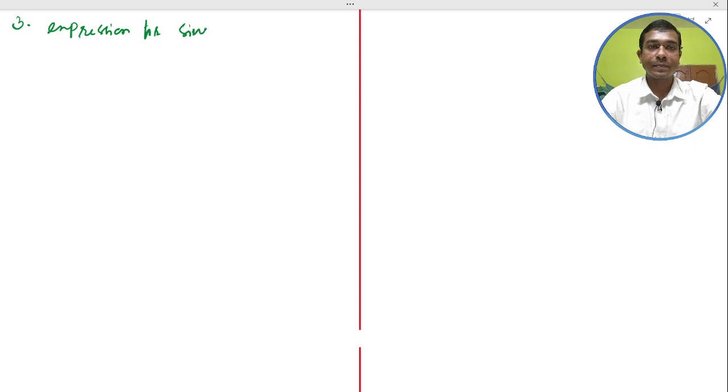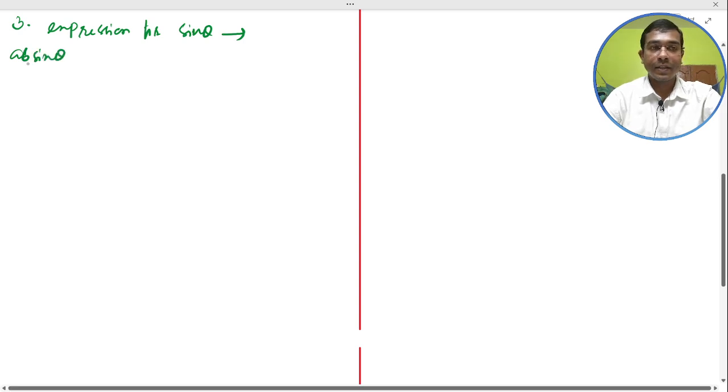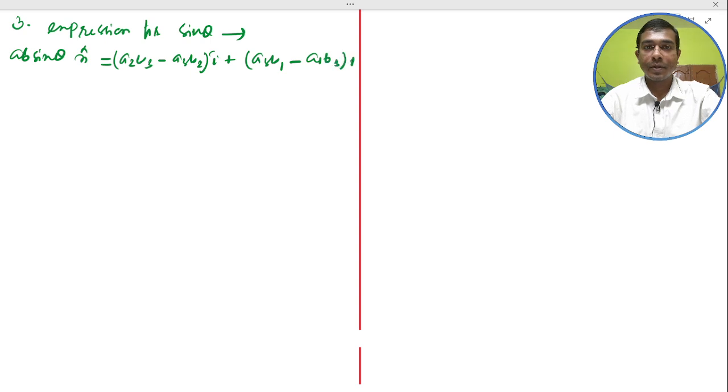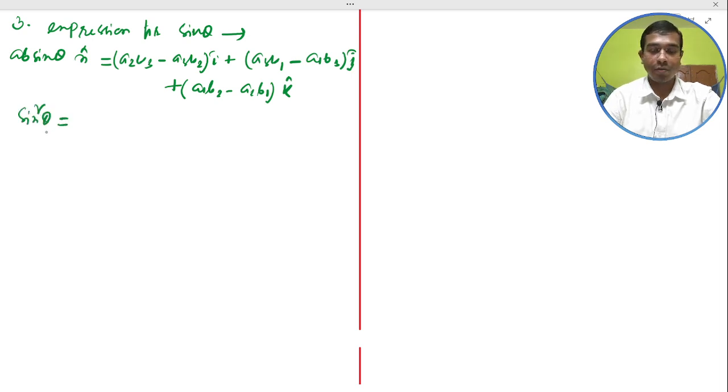For sin theta, this is basically AB sin theta n cap, which is nothing but (A2 B3 minus A3 B2) i plus (A3 B1 minus A1 B3) j plus (A1 B2 minus A2 B1) k. That means the sine square theta equals